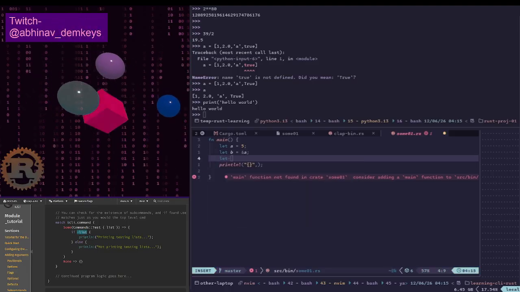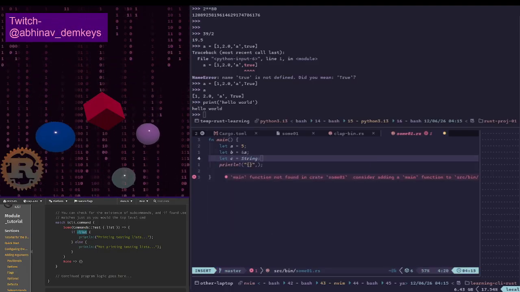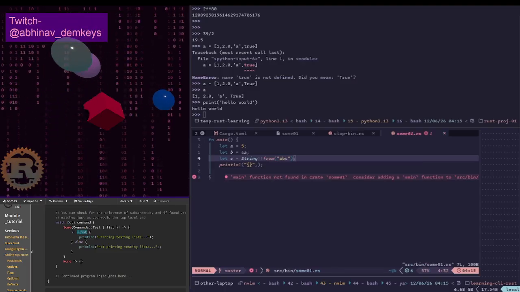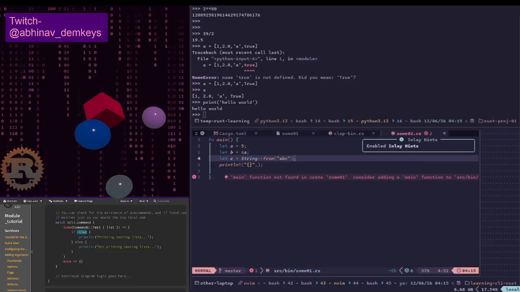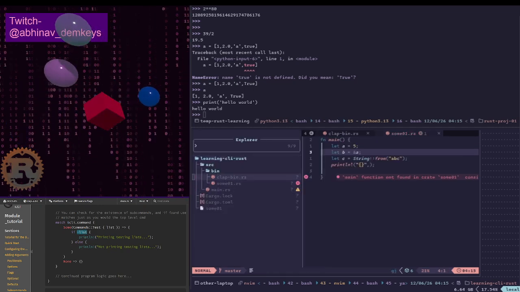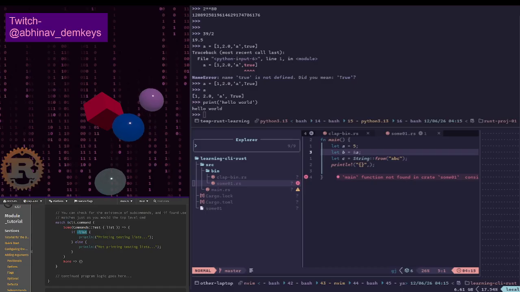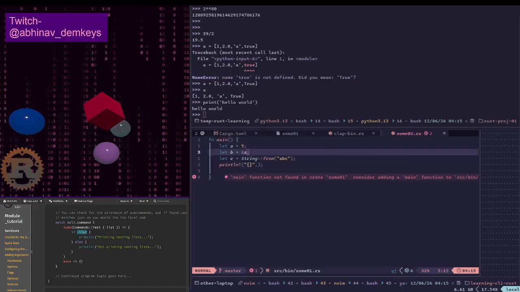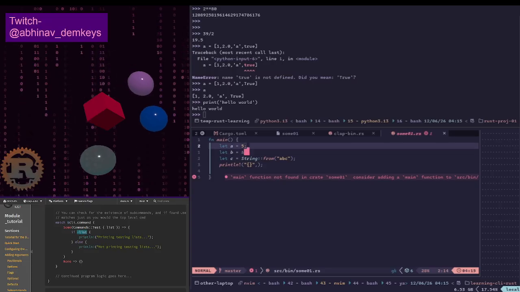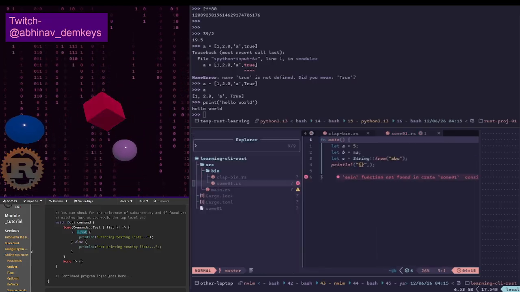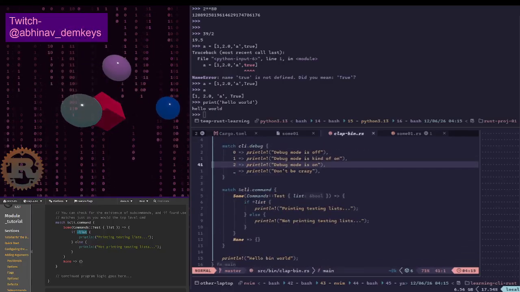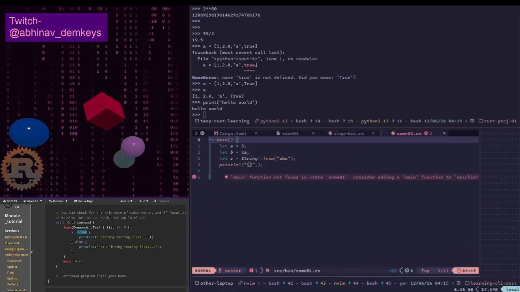C equals String from ABC. For some reason this is not working, and I can't tell why. What is the main function supposed to look like? Just like that, right? Fn main, and then